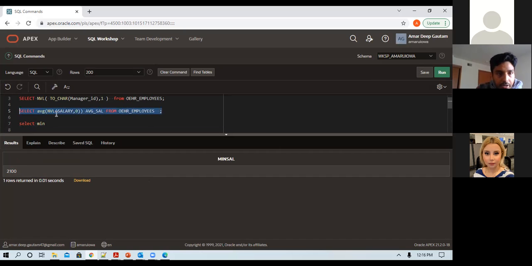If I have to calculate the average salary of employees, some employees might have just joined at the point when you calculated the average salary, and they might not be getting a salary, right? So we have to replace that with 0. So I'll use the NVL function and say that all those people whose salary is null, I'll replace it with 0 so that we can get the average salary.